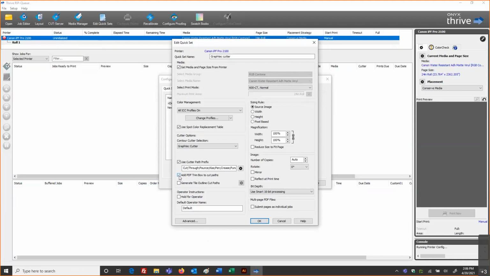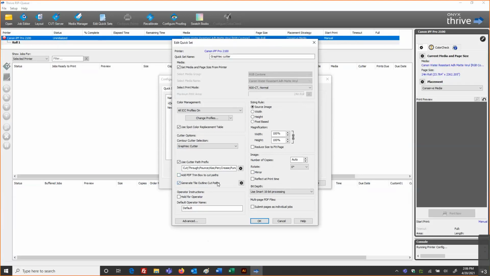So when that is checked on, it's a very convenient setting, shortcut, if you will, that you can activate, and you don't have to create anything in that case. It's just going to automatically be doing those settings for you. Again, specific to PDF. The second option choice we have is generate tile outline cut paths.